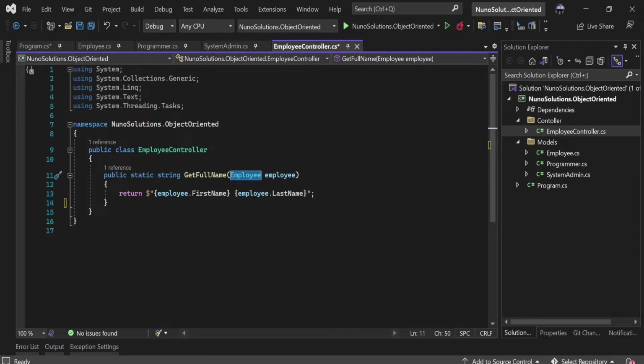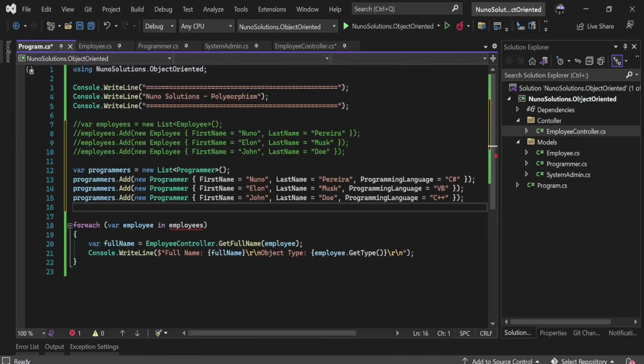So any class that inherits a base class, if that base class is used as a parameter in any method, you can pass that object into it. It doesn't matter that it has other properties. As long as you're not trying to access the child properties that don't exist in the base class in your method, you're good. Let me go back into the program class, and I'm actually going to change this a little